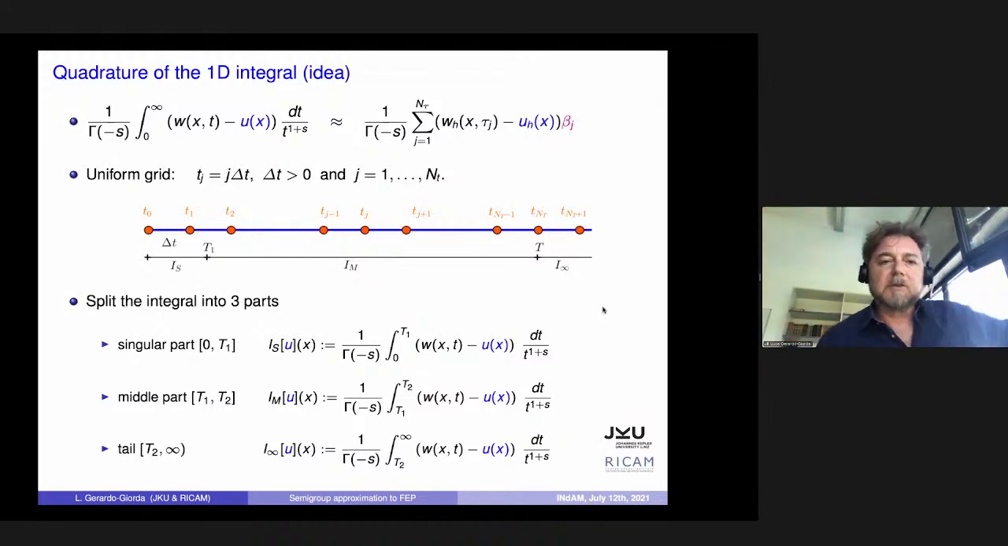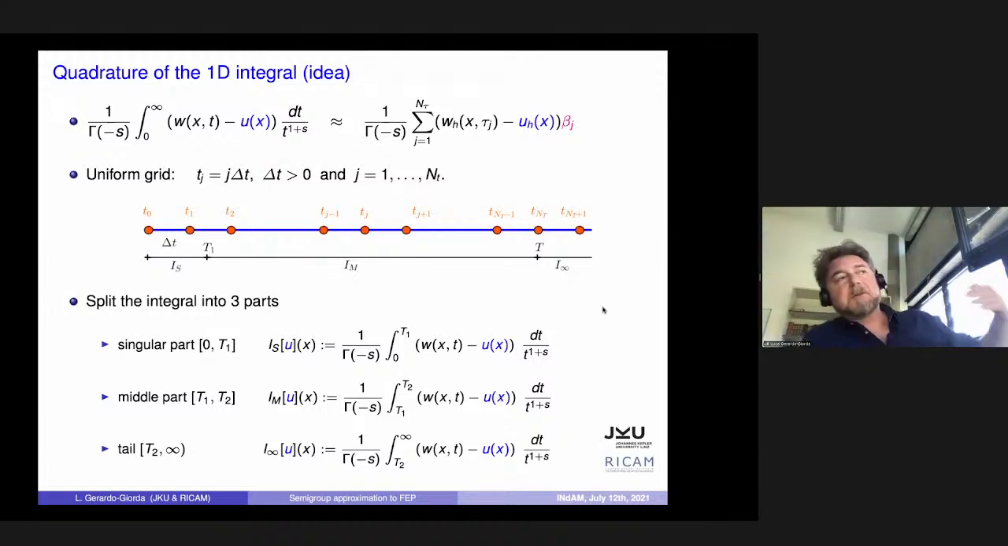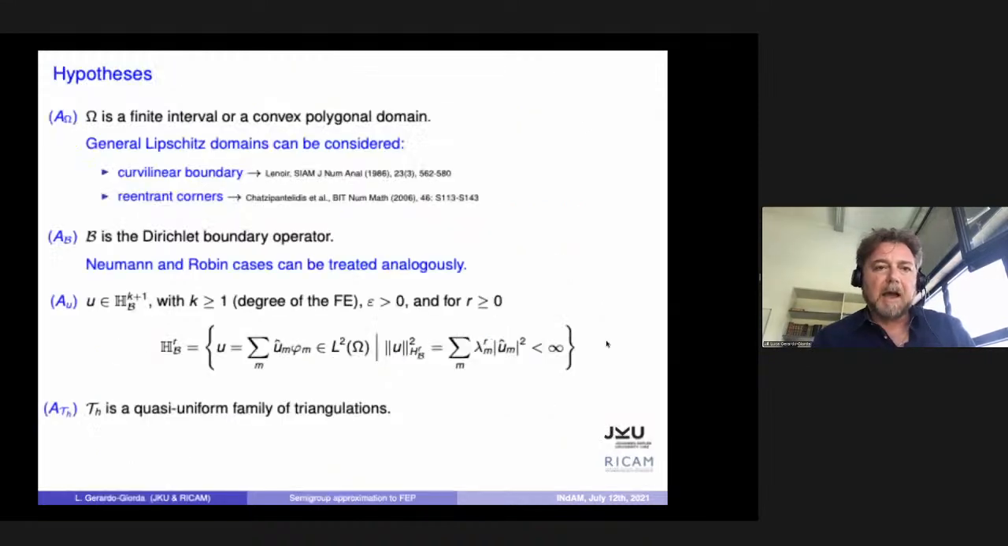The tail, to some extent, one could in principle say, okay, we are dealing with a heat equation, so this is going to go to a steady state, so we can just discard it. And that was the first approach that we had. Also, we discarded the singular part, but then we came up with something a little bit more accurate